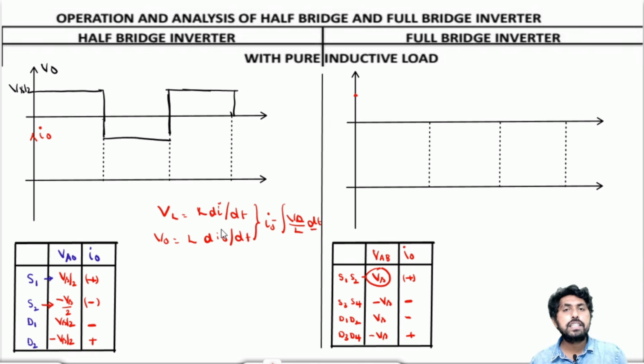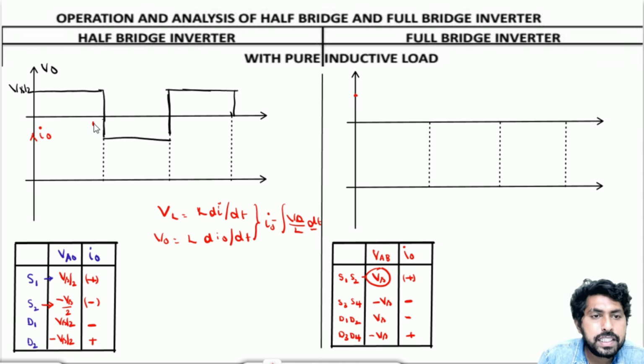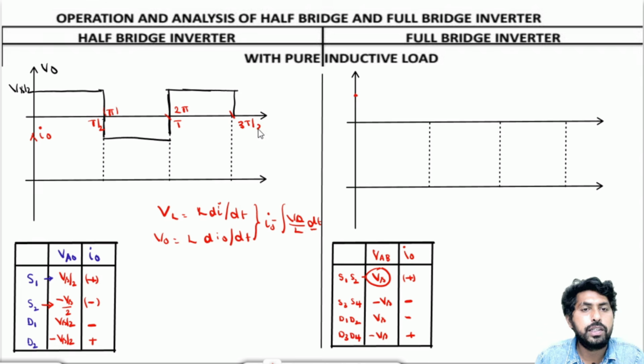Because it is a pure inductance, the inductive current lags the voltage by 90 degrees. Let me represent the time period T by 2, which we can also represent with pi, or with 2 pi, and it will be T by 2. If the current lags by 90 degrees in case of pure inductance, and if I integrate the square wave,